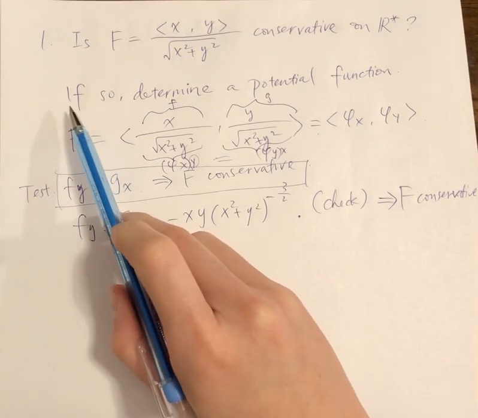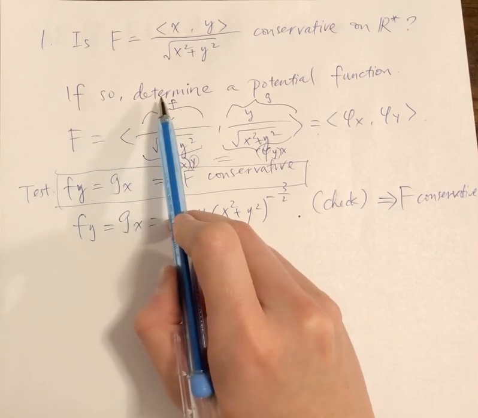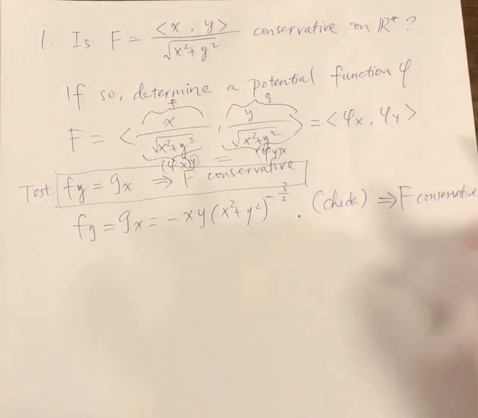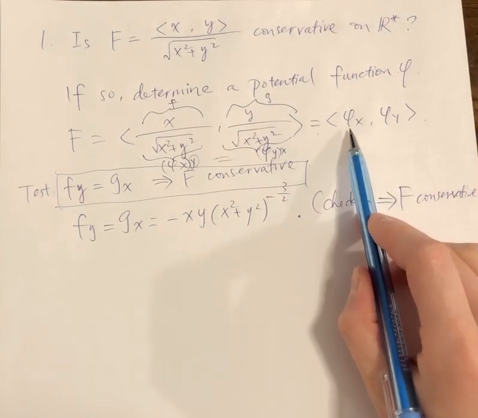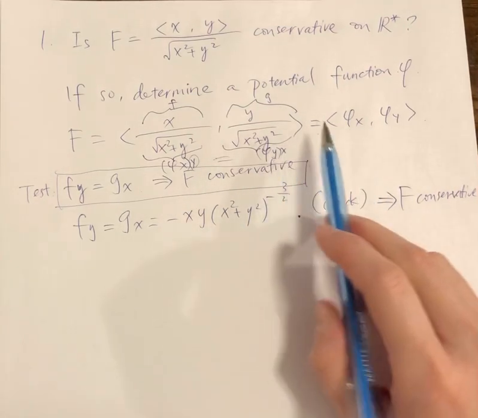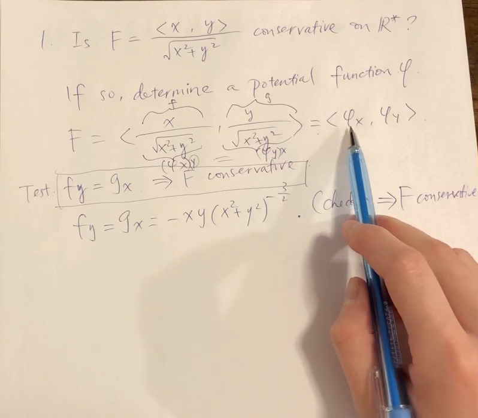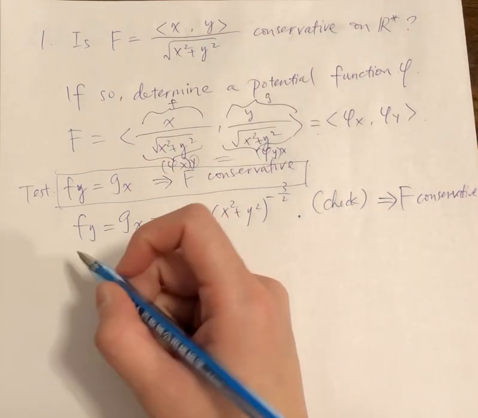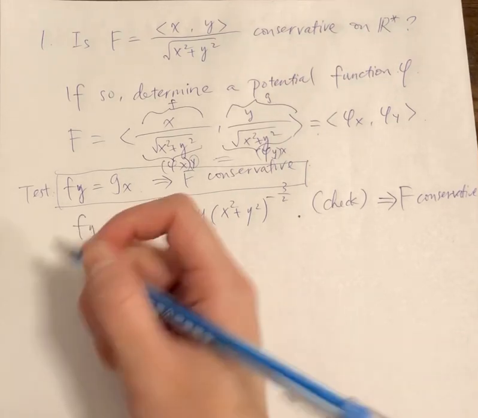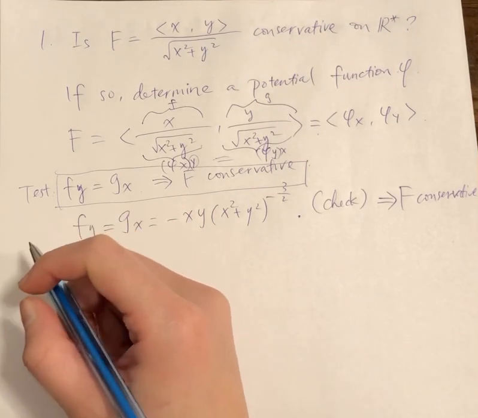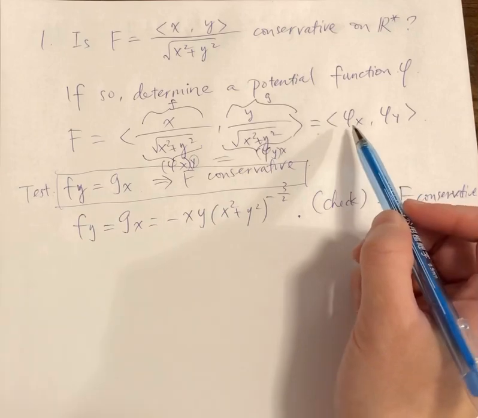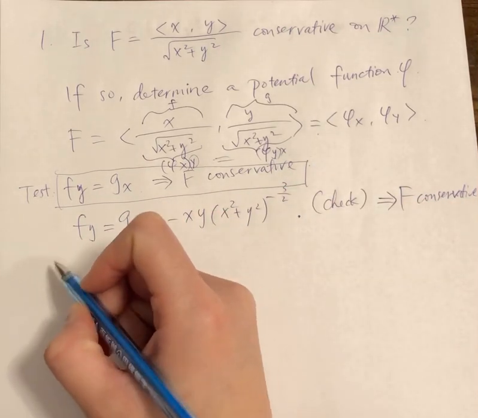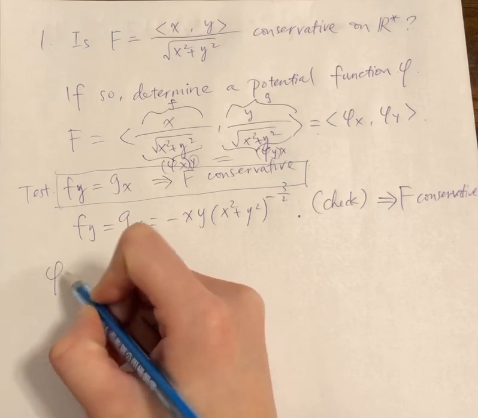Okay, so the question also asked if it's conservative, we want to determine the potential function of phi. So we want to know what phi is. So remember previously I said to find out this phi, we should integrate, right? And the way we integrate is, so suppose f is the gradient of phi, then to go back, we should